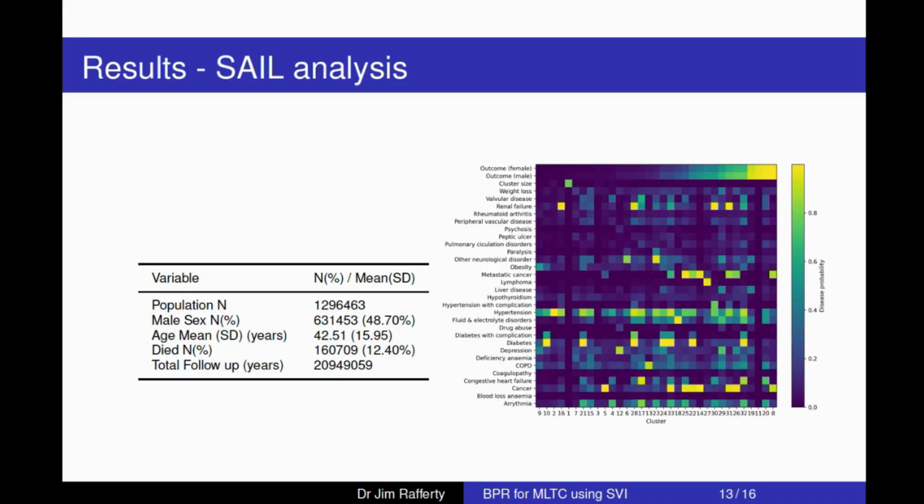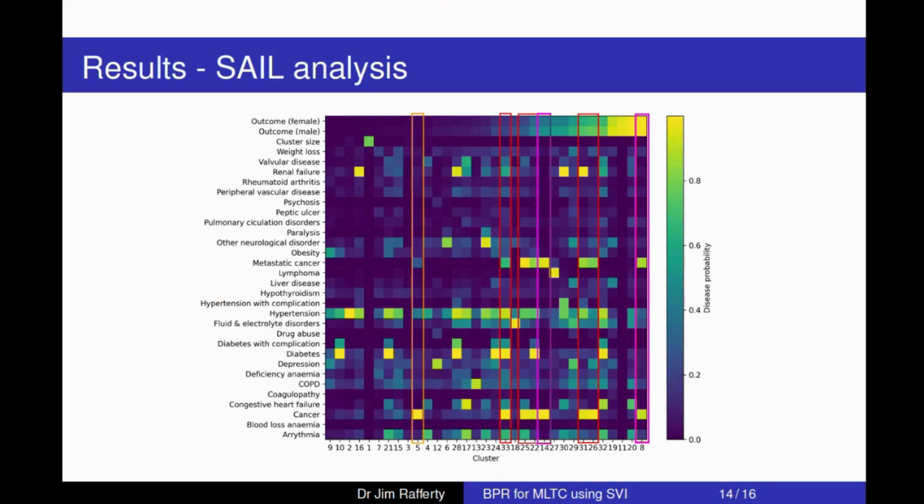So the model found 33 separate clusters, and as I said previously, the diseases are defined according to the Elixhauser comorbidity index. Along the top row, you can see the outcome probability for each cluster. The outcome was mortality, and the top row is how likely females were to die, and the next row down is how likely males were to die. The yellow color on this plot indicates a high probability close to 1, and blue indicates a probability close to 0. So if I just pick out some results from that plot,